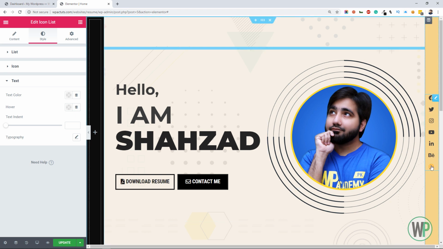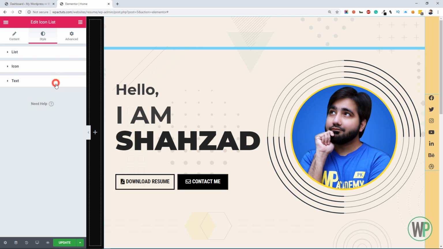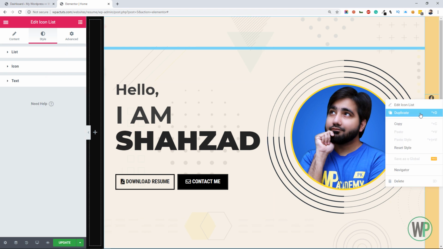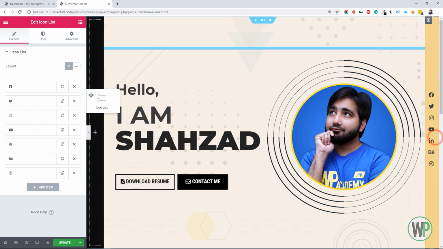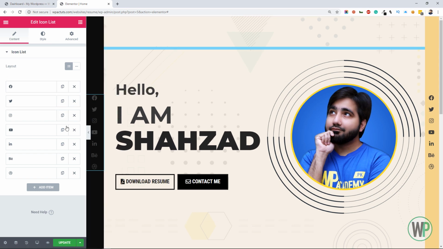So we have aligned everything and styled. Let's just duplicate the same widget and use it for the navigation menu as well.